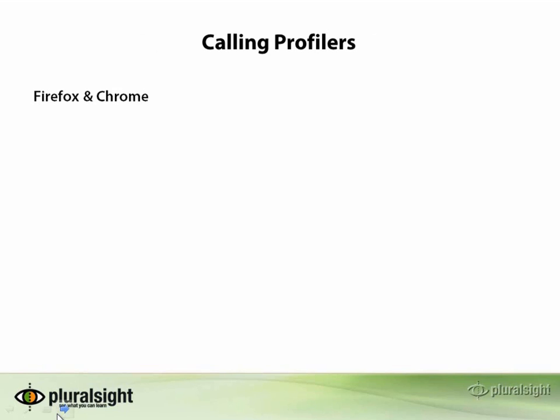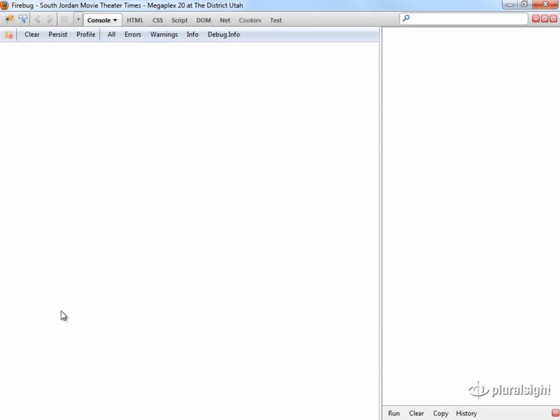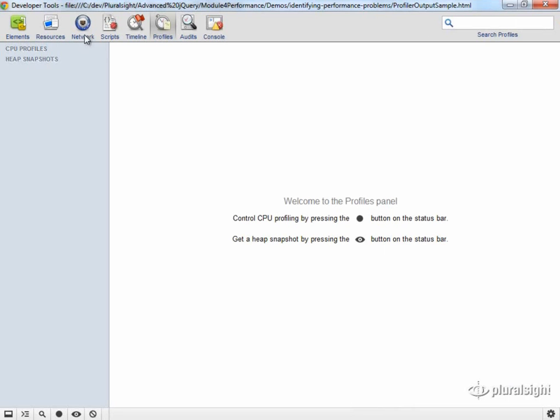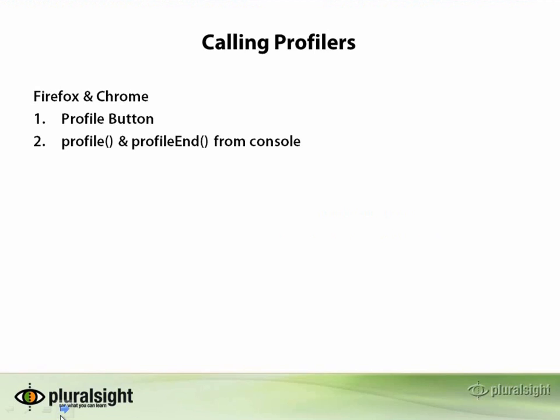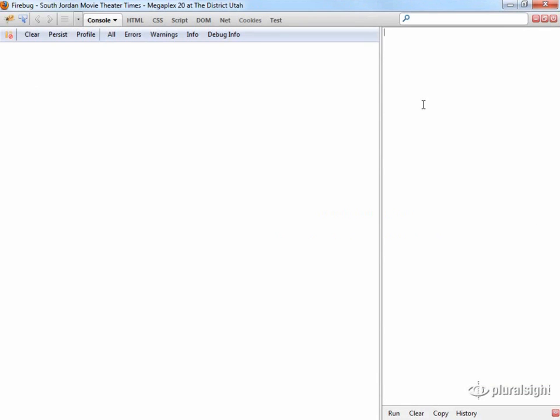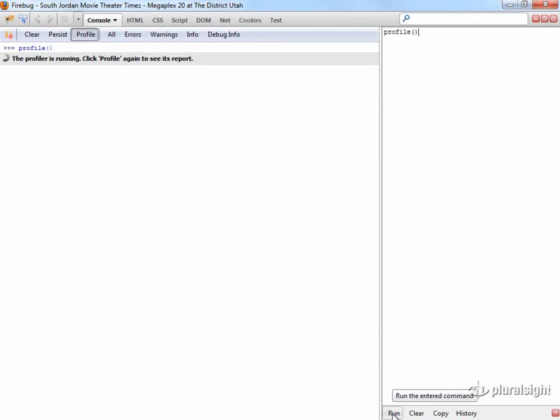In Firefox and Chrome, there are three ways to call the profiler. The first and most obvious is to simply click the profiler button, which is right here in Firefox. In Chrome, the button is down here. The second way is to call profile and profileEnd from the console. In Firefox, the console is up here. Simply call profile and click run to turn it on,